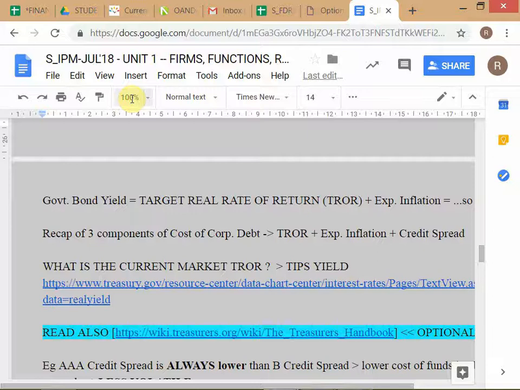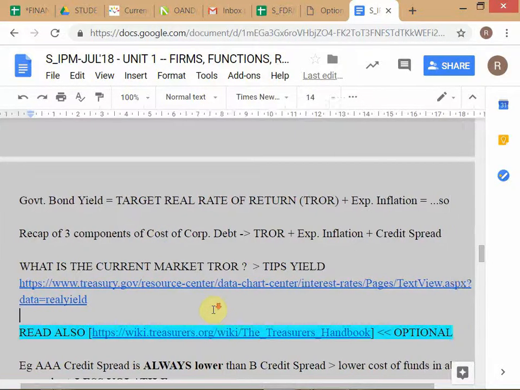Okay, so we keep it at 100. Can you guys see? Sahil, can you see on the last bench? Okay, so we were